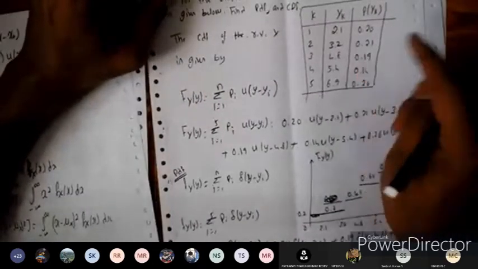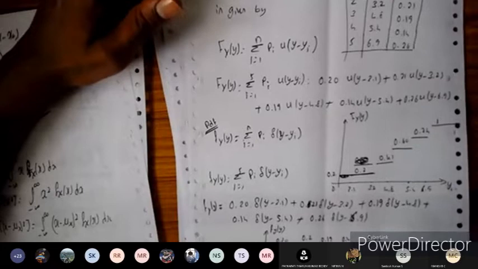For this one, you can find out the mean and variance. Already we took one problem and did that, so you can continue that. Let us go for the next problem. Any doubts with this problem? Okay, fine. Let us take the next problem.